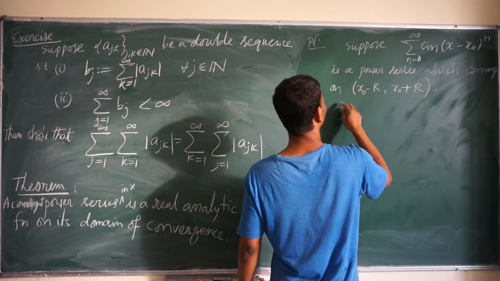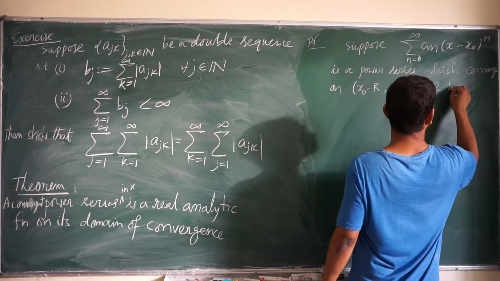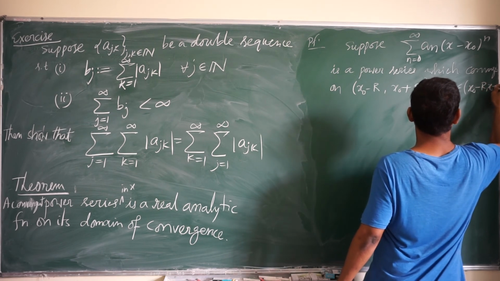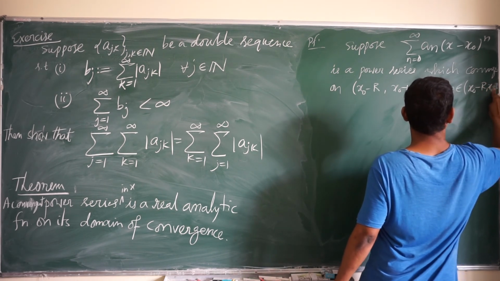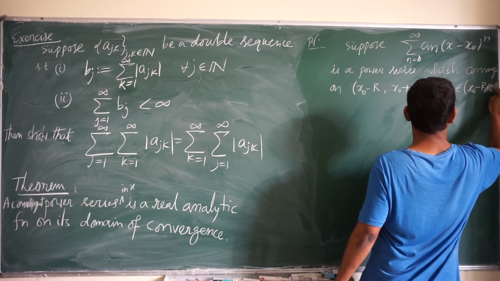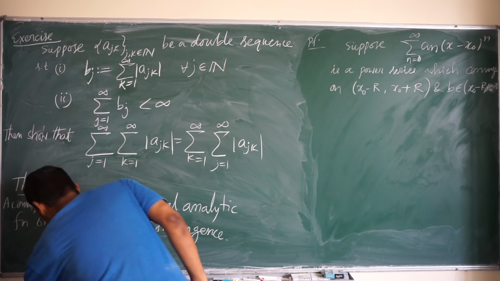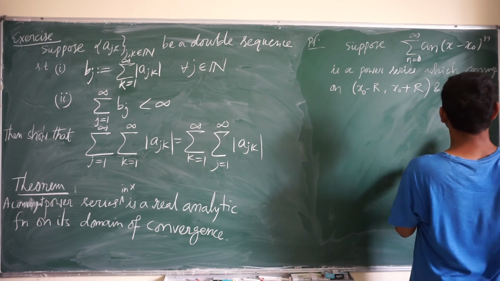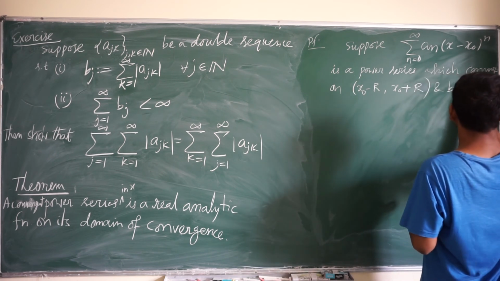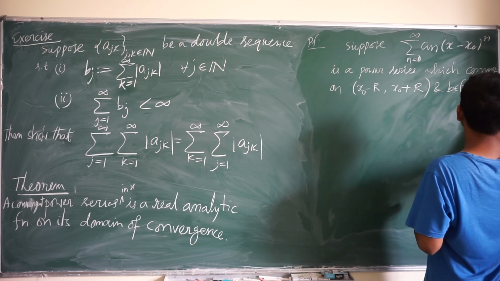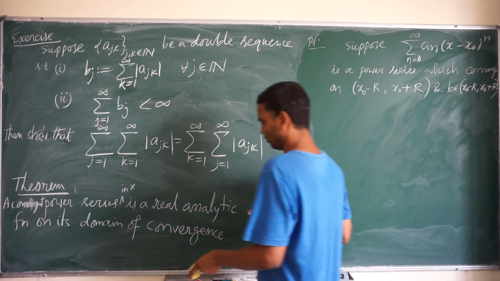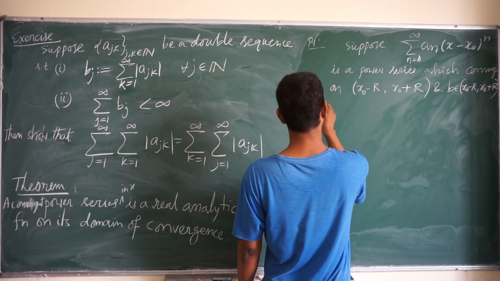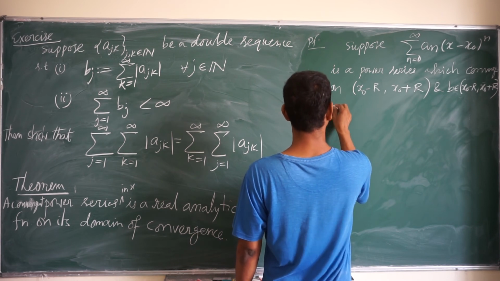And let b belong to this interval, x naught minus r to x naught plus r. What you need to show is